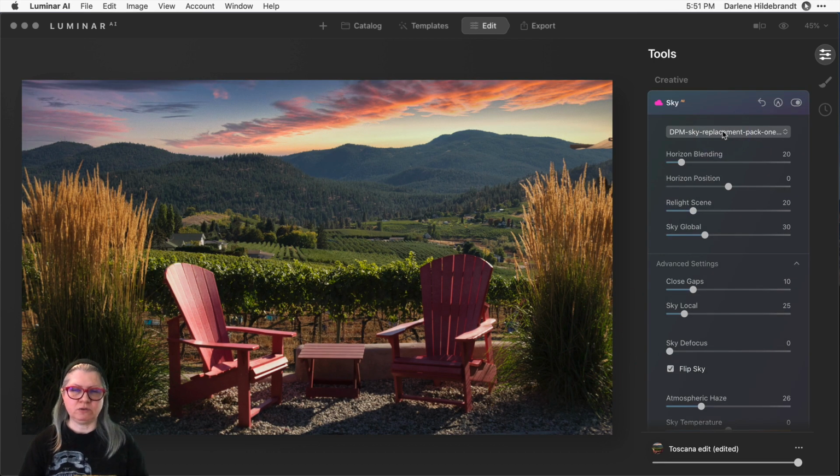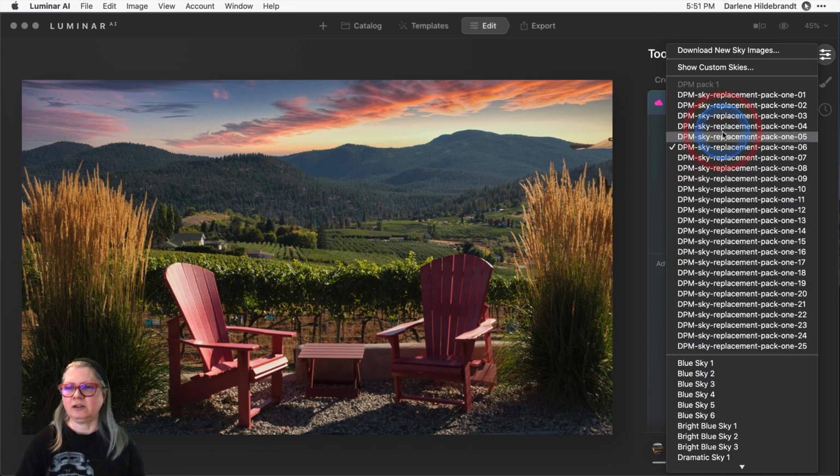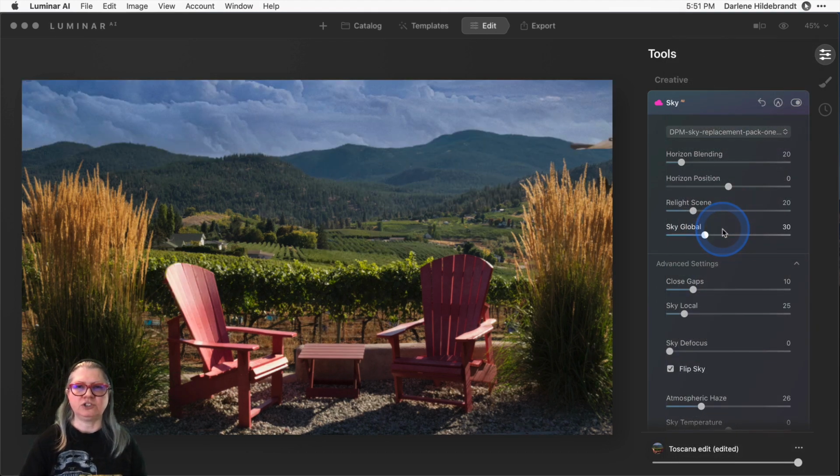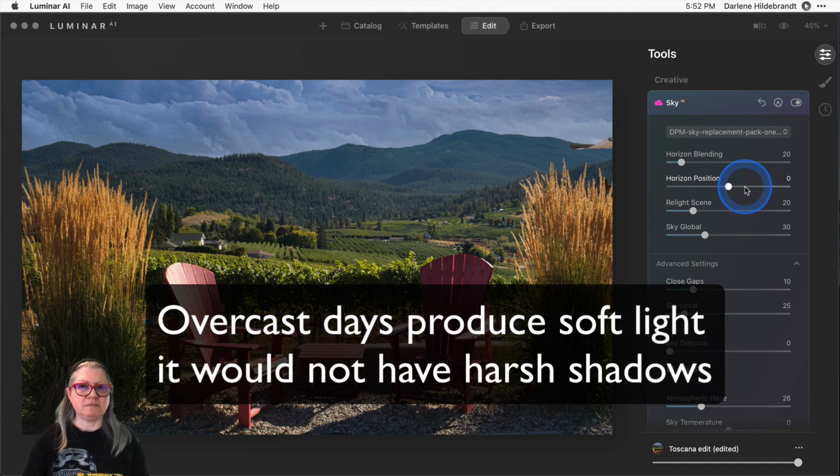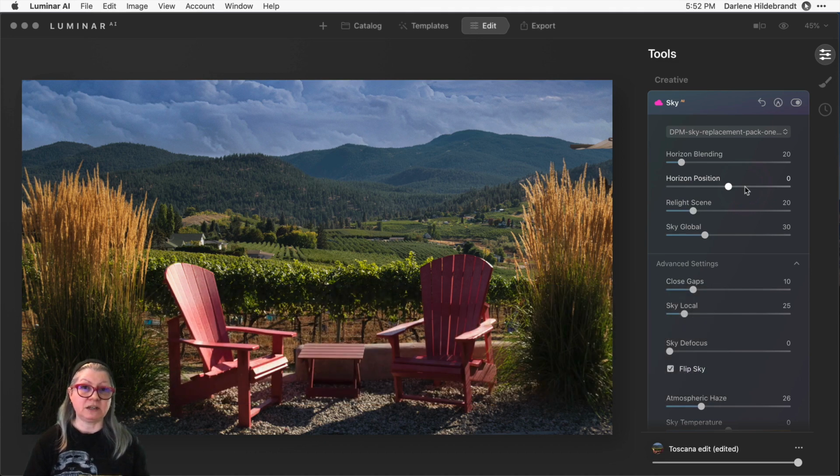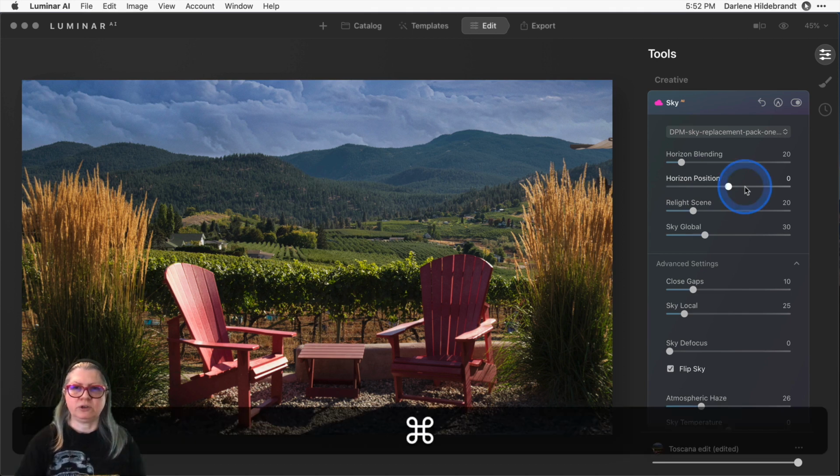One more thing I want to show you in regards to matching the sky to the original. So besides the lighting direction, you also want to match the quality of light. What I mean by that is in the original image, there's bright sun with harsh shadows, meaning there's a hard light source. So a hard light source would be things like the direct sun, a direct flash, a flashlight, or a light bulb. So an overcast sky, such as this one, if I choose number 14 in my pack, doesn't match. Do you see the difference and why that doesn't make sense? Because in the image, there's bright sun, so you need to have a sky that looks like it has a light source that's the same. I'm just going to undo that one.